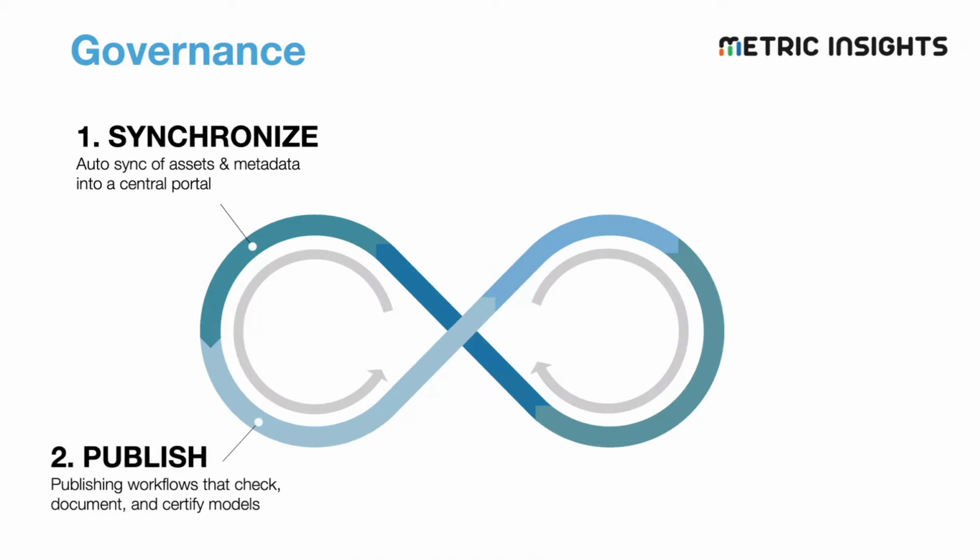Then once you have that portal in place, having a publishing process where you can take content through a workflow so that 2 things happen. First of all, you don't publish everything, because maybe there are a whole bunch of data science assets that were created, but some of them are no longer useful. They're obsolete, or there's something better. Publish the good stuff. So you separate the wheat from the chaff and publish the things that are really worthy of consumption.